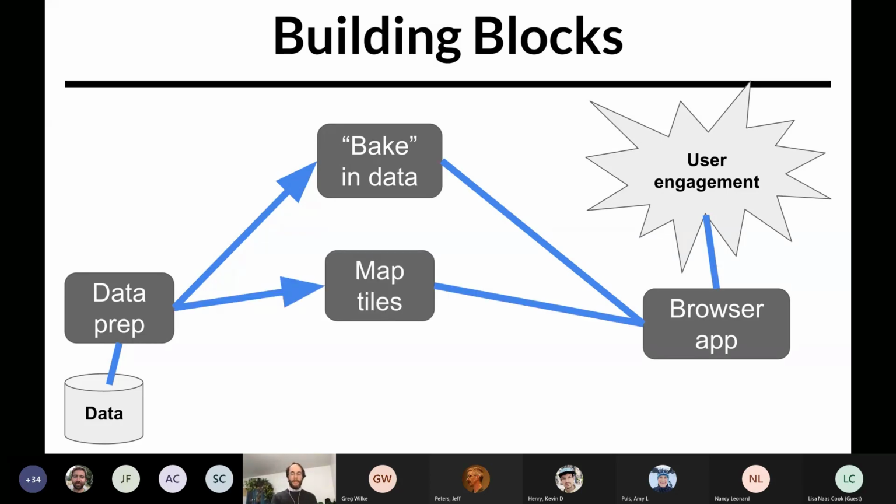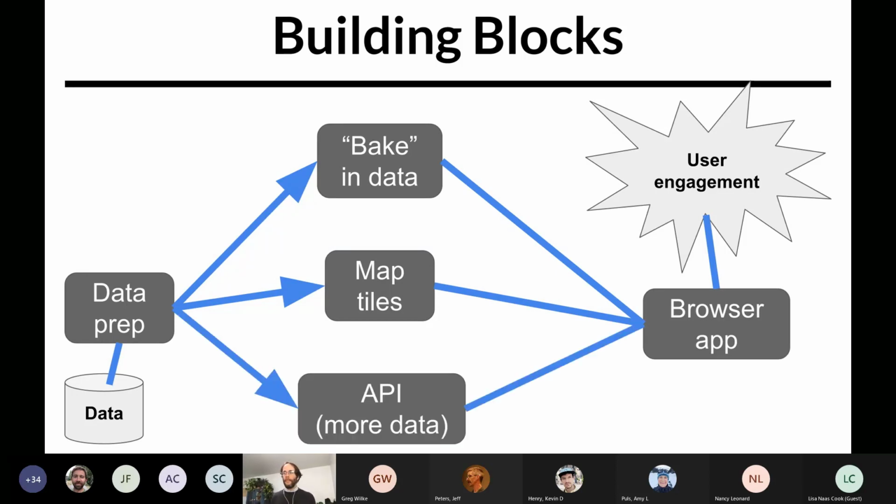In the applications I'm going to talk about today, they include interactive maps against fairly large spatial data sets. Since that data is too large to live directly within your browser, we use map tiles. We render these in advance and we host them on a lightweight tile server. And sometimes a particular app needs access to more data or functionality on the back end than is directly available within the browser or the map tiles. I'm going to drill into each of these in a little bit more detail.